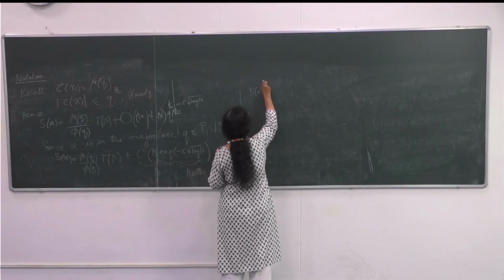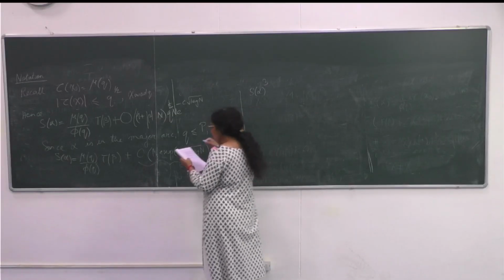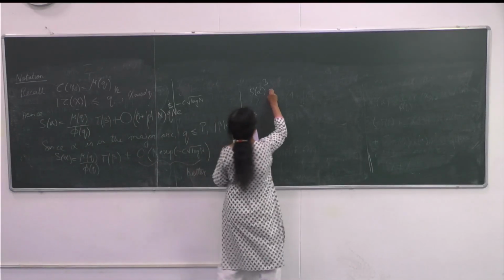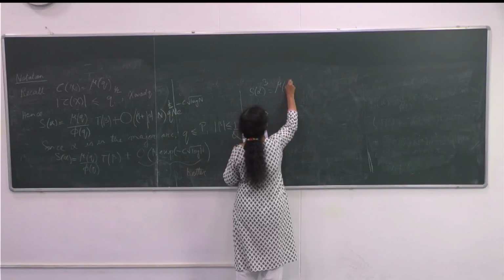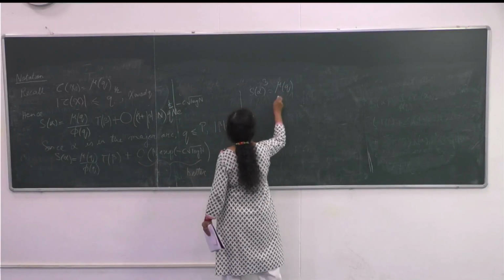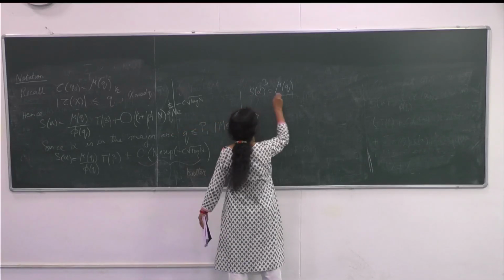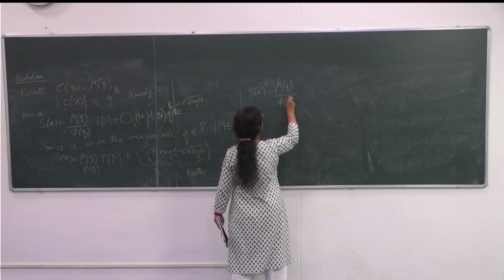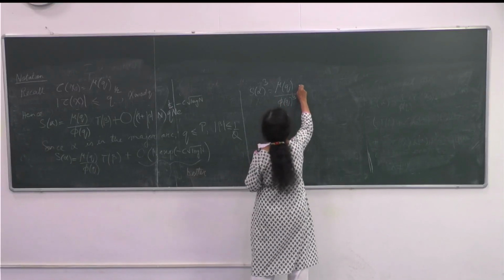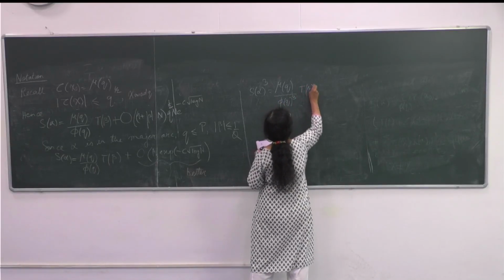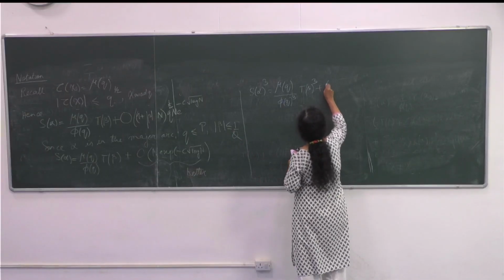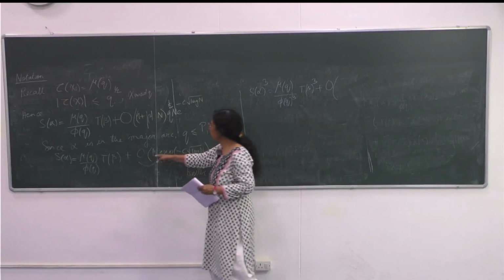So cube it now. So mu q, you're not going to write mu q cubed, I hope. So phi cube, which is cubed, t beta, which is cubed, plus error term, big O, so n becomes n cube,